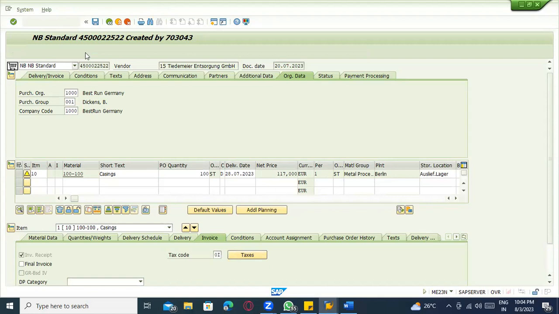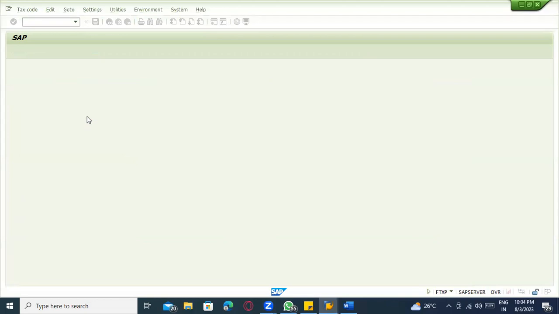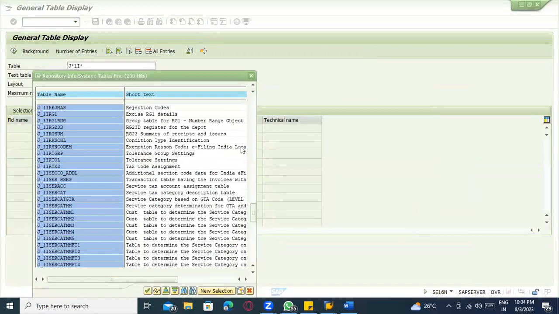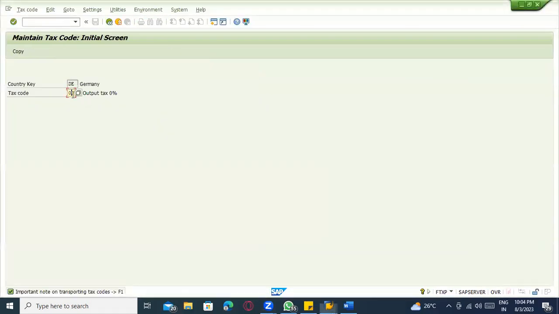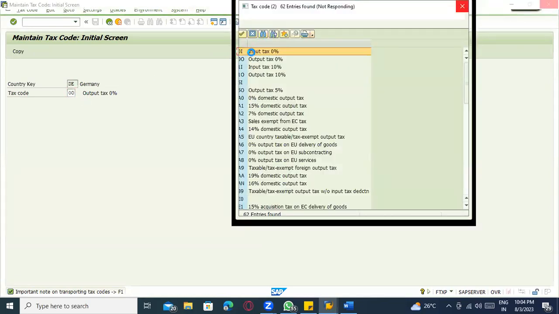They maintain what my country is, and then what the tax procedure is. It is 0, something like 0I.